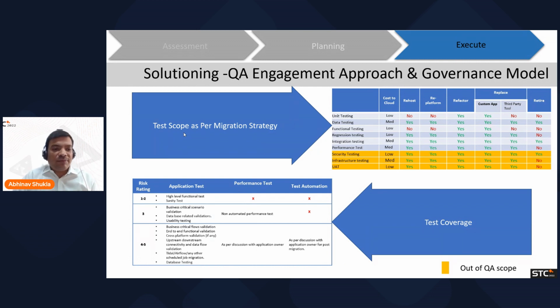In ratings 4 and 5, we go deeper and into more detail, where we are testing the business criticality flow and end-to-end functional validation, cross-platform, upstream and downstream applications, Tidal jobs, APIs, and all the backend systems, right? And we have also worked with the business owner to define the actual automated performance test, where we are using performance testing tools to define different parameters like CPU utilization, response time, and other parameters of performance testing. But still, we have not considered automation, but we have had a discussion about defining the